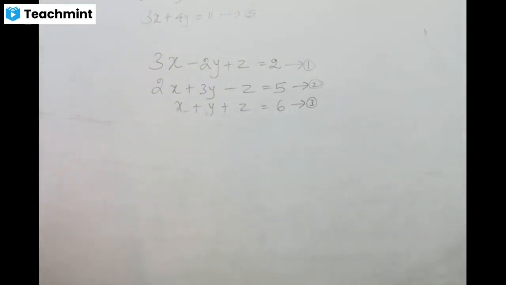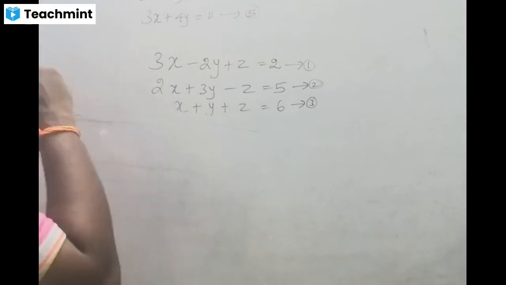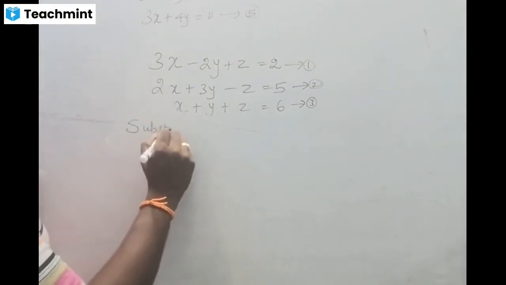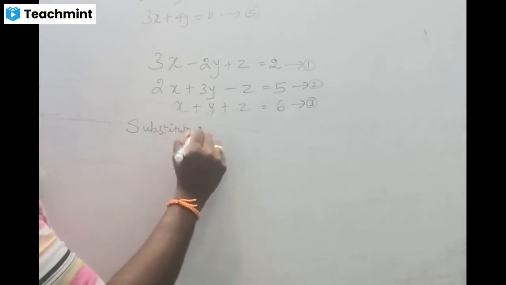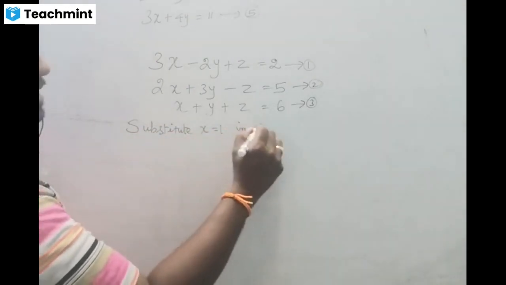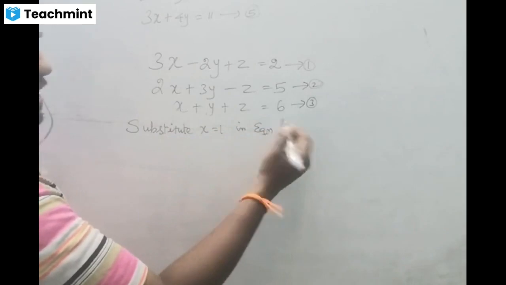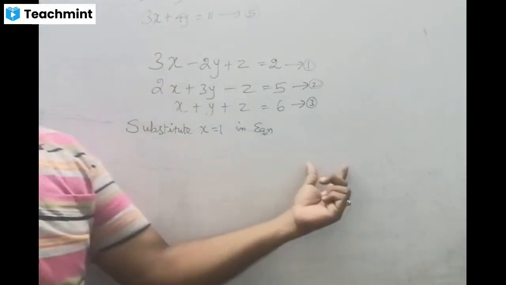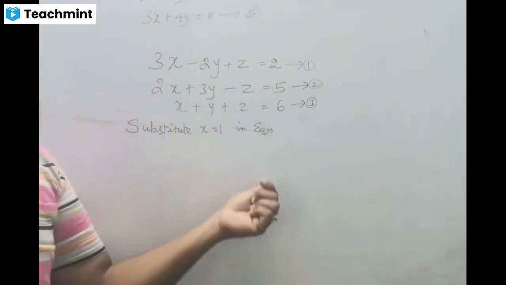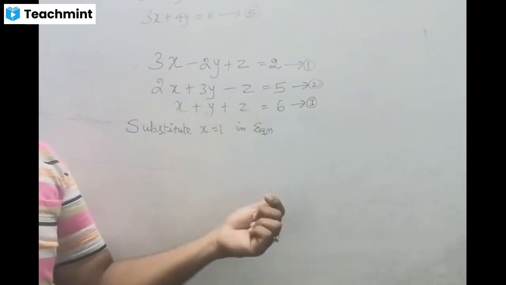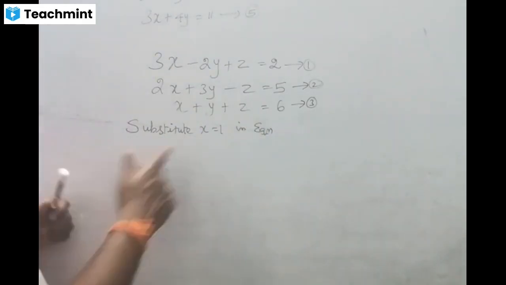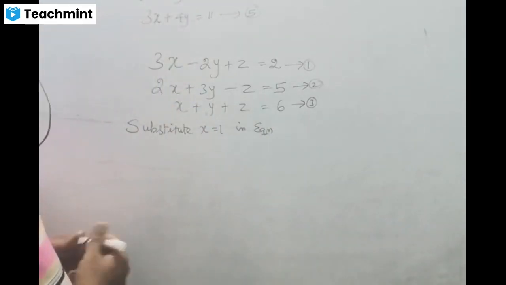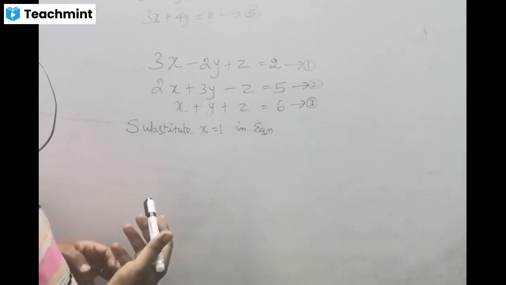Now we got x equal to 1. Then as per the procedure I already told you, we substitute x equal to 1 in either equation 4 or 5. As per our tree diagram, once we get the value of x, we substitute it in either 4 or 5, then you can get y. Substitute x equal to 1 in any one of the equations, whichever you want.